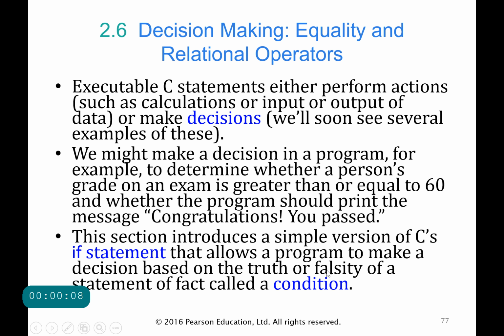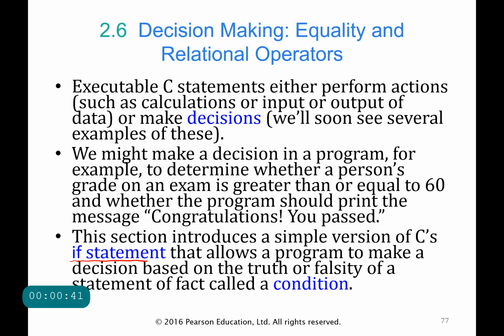Hello, everybody. Welcome back. In today's class, we're going to be looking at decision making, or how decisions are made in C language, or rather, how simple decisions are made in C language. In C language, decisions are typically made using what are called if statements,